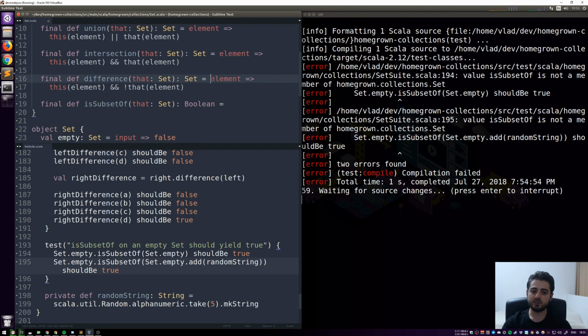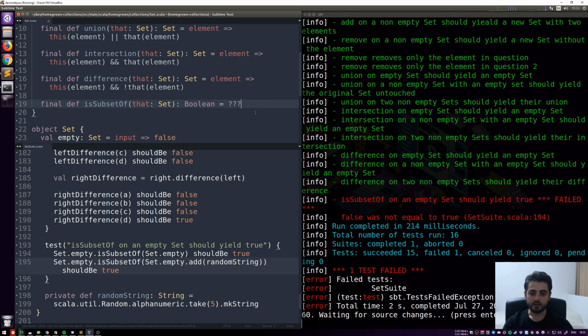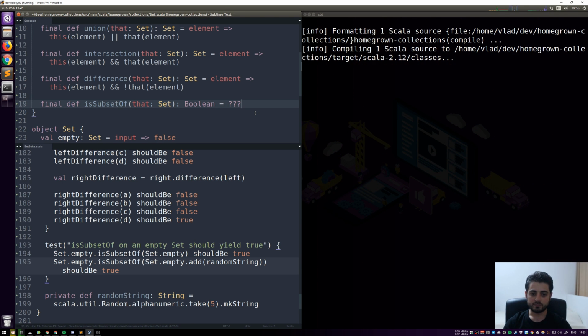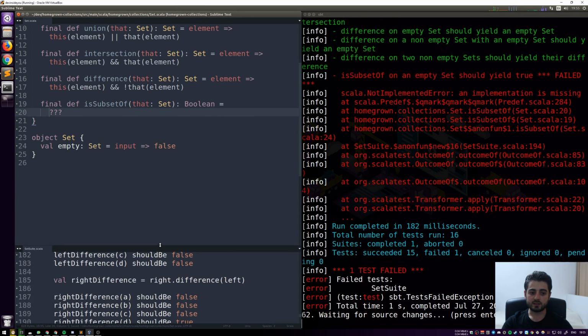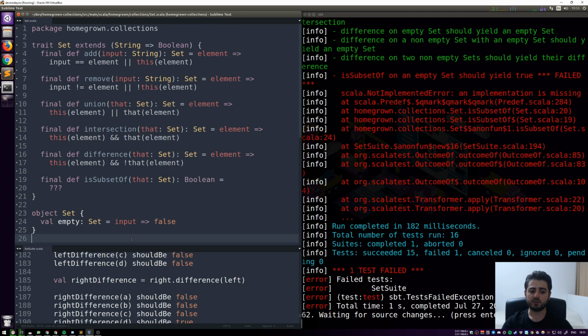All of a sudden, we have no way to do that, right? Because over here, we're just producing an entirely new set. So we had access to the element everywhere over here, but over here, we have no way to go through all of them. And this is where we basically have to say false, or actually, let's throw in an implementation error like this. Because I have actually no idea how to implement this in such encoding of the sets,